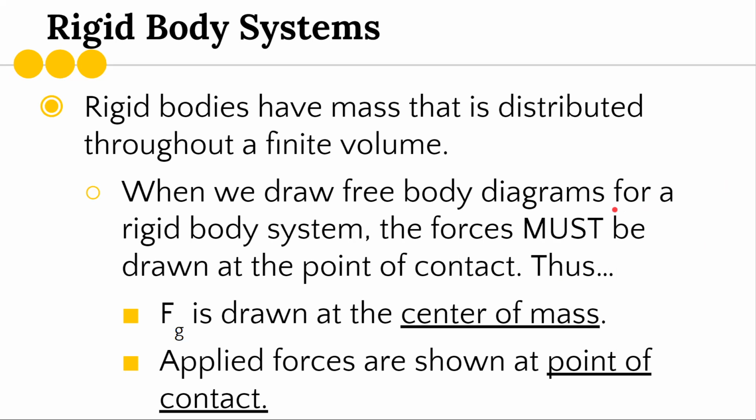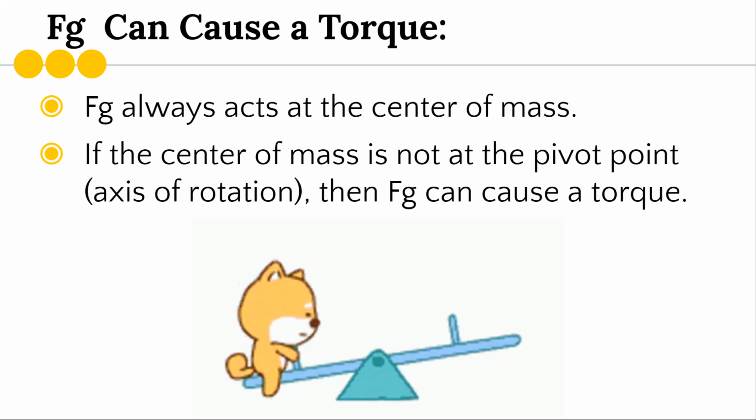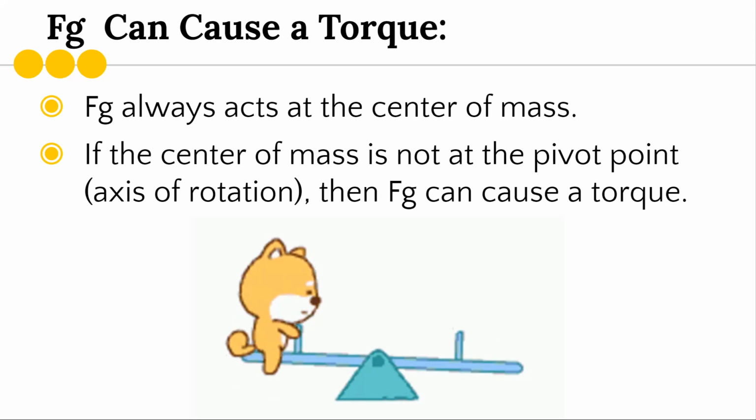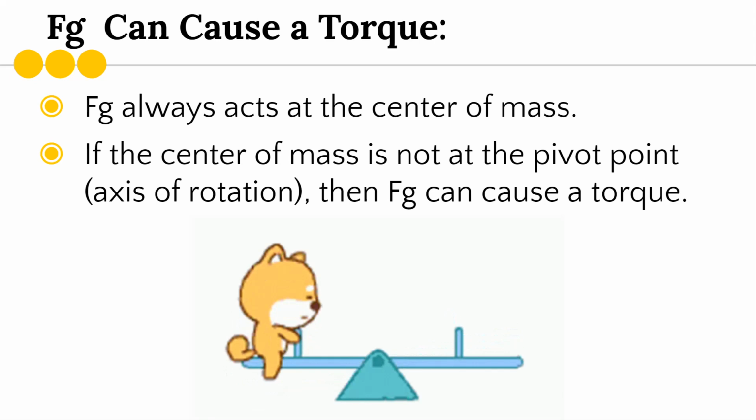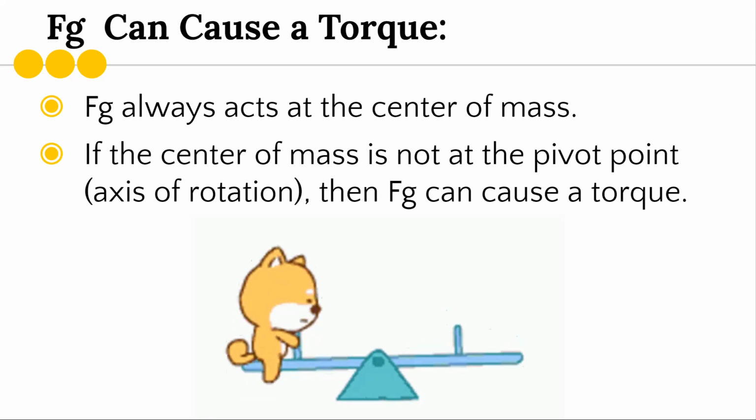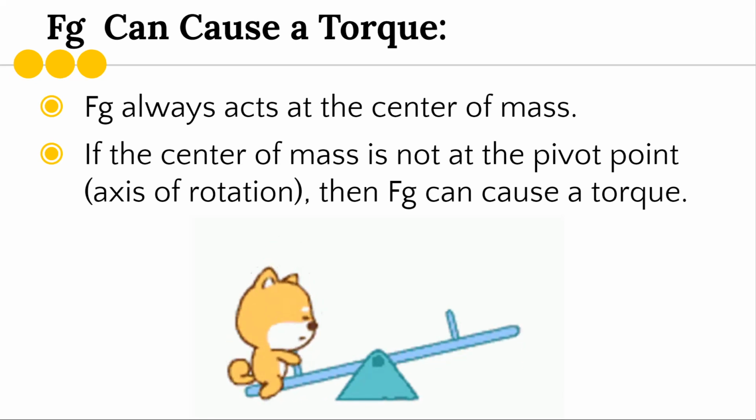Okay, so again, when we draw that free body diagram, forces must be drawn at the point of contact. They have to be drawn where they're acting. Okay, Fg acts at the center of mass. Applied forces act at the point of contact. Okay, and again, Fg is always at the center of mass, so whatever system you have, it's always going to be drawn from the center. You can't draw it from like the bottom of the sphere. You'd actually draw it from the literal middle of that circle